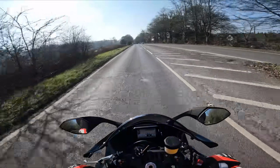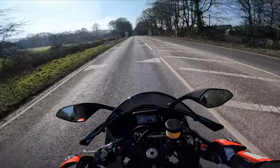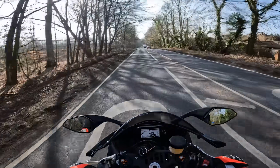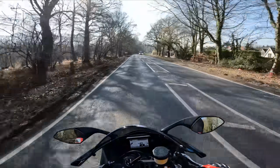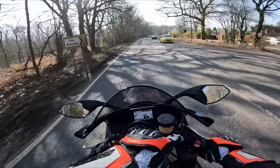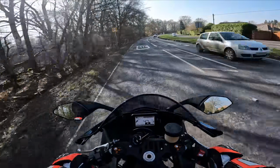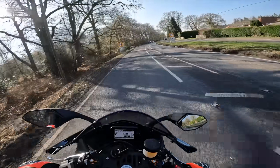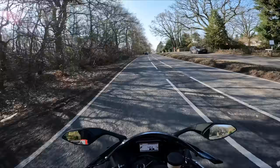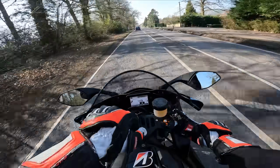So I used to have an R1M probably about 6 years ago now, and I loved it. It's a mega bike, and over the years it's been improved, developed. This is not the M version, this is the standard version with the standard suspenders, and I haven't really spent that much time on this standard bike, so it's going to be quite interesting to see the differences if you really genuinely need it. The obvious advantage is you can adjust it electronically quickly rather than getting the spanners out,